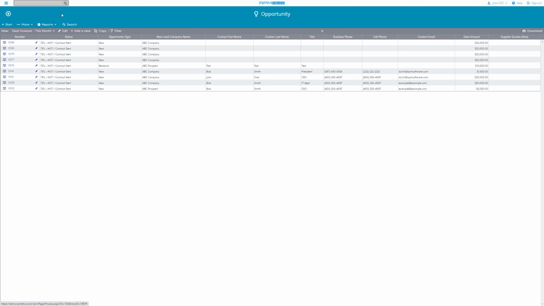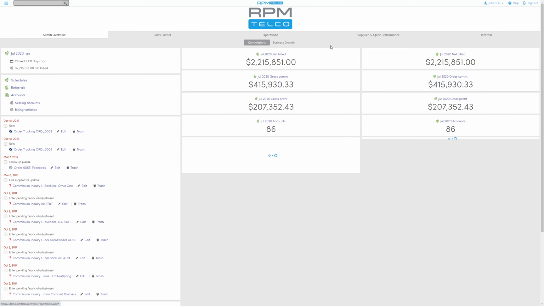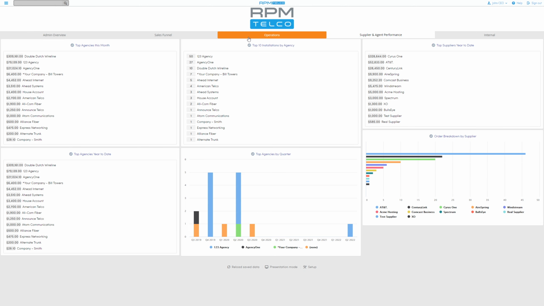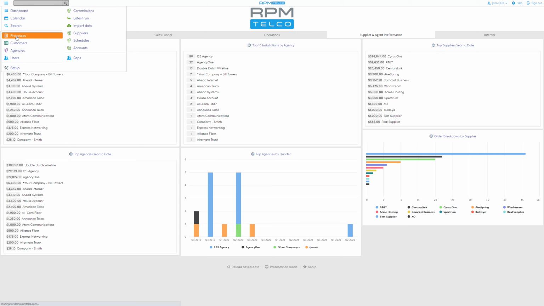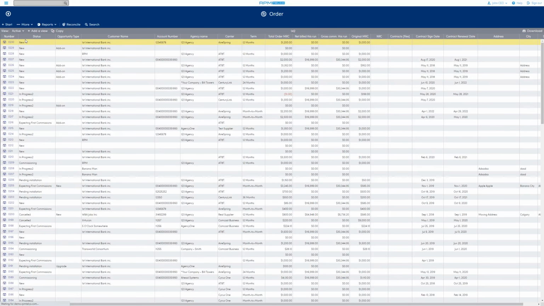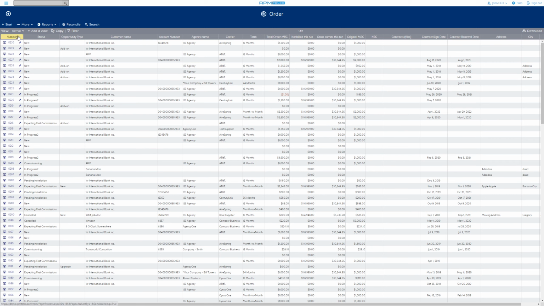So if you're interested in doing some work on your custom reports here, you'll get a lot out of the box with RPM, but if you wanted to create new ones, we'll have tutorials for that as well. So dashboards, and back into processes here by clicking the top left menu. There's a bunch of processes, and I'm going to go into the orders here to show you some quick navigational tricks. If you click into an order and you find you want to change some things on the back end,